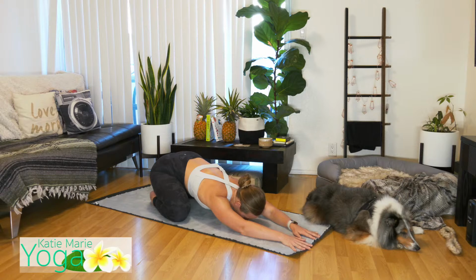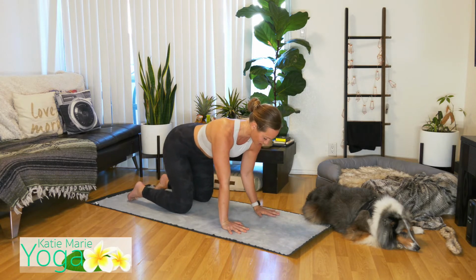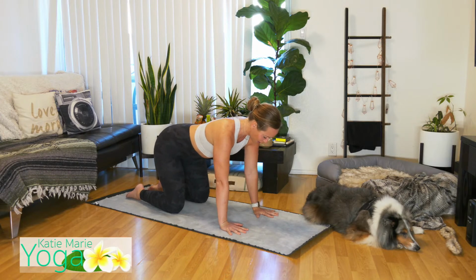So as you inhale in, let's shift forward onto hands and knees. Come into a nice tabletop position. So let your shoulders come right over your wrists, hips over your knees, gaze down between your thumbs. And let's move with our breath through